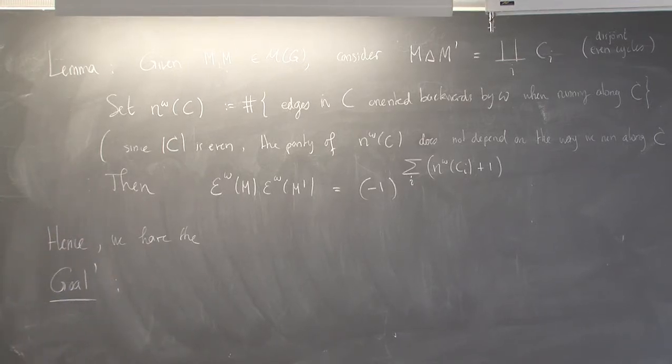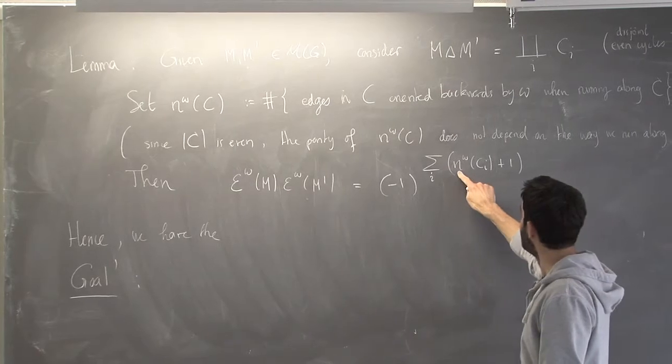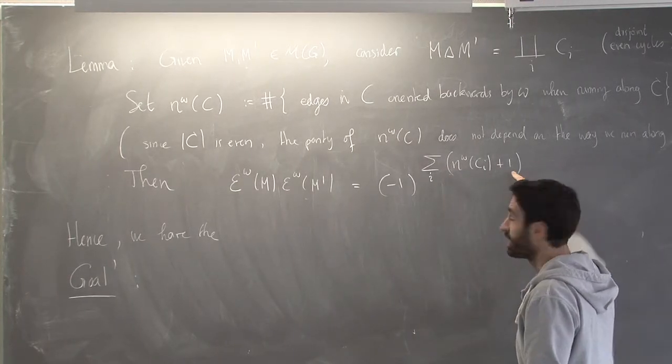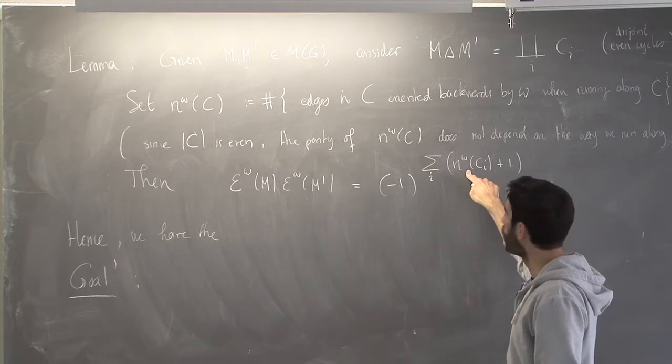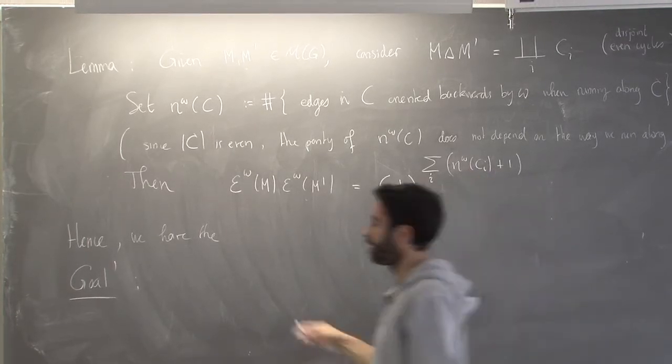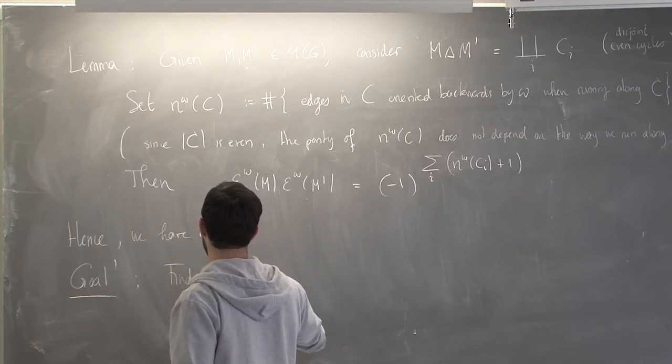Remember, we want this to be equal to this. This means we want this product to be equal to 1. This means we want this to be even. This means we want this to be odd all the time. So what we really want is to find an orientation omega, goal prime, find an orientation